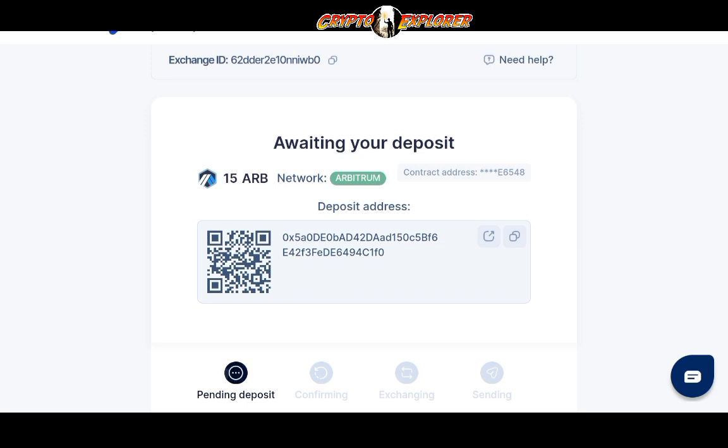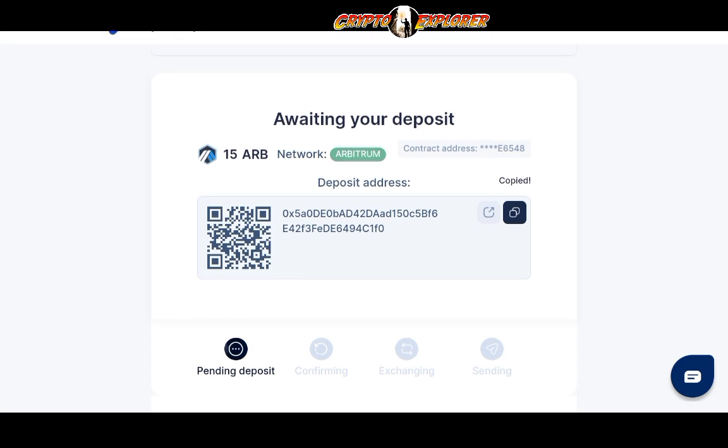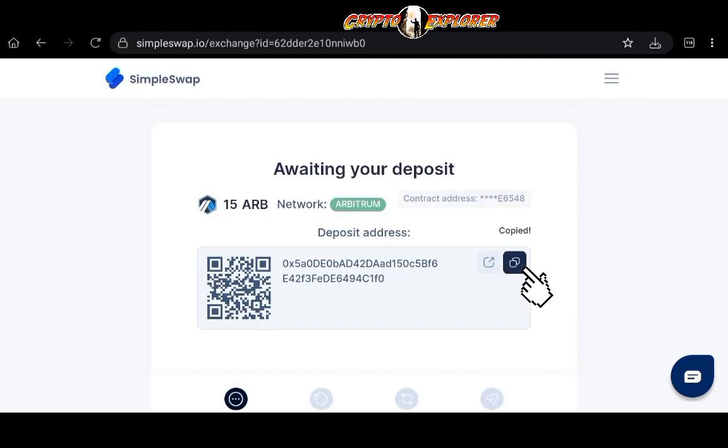You can select or click on this little icon here that says copied with the two little square icons. Or you could alternatively use your mobile device with your Web3 wallet to scan this QR code. And once you do that, you will be able to send directly from your mobile wallet to this address. And now, since I copied this address, I'm going to go on my wallet and I'm going to send the